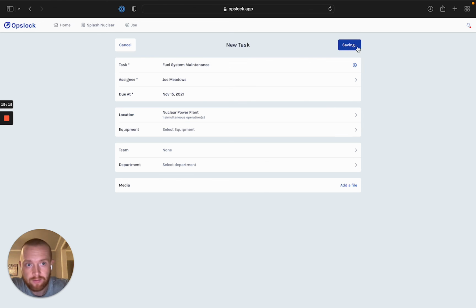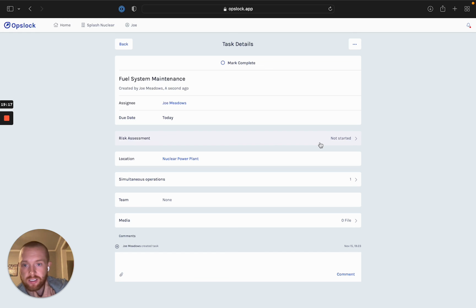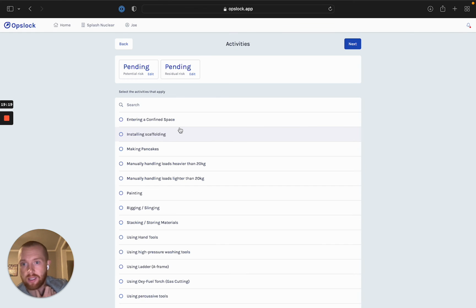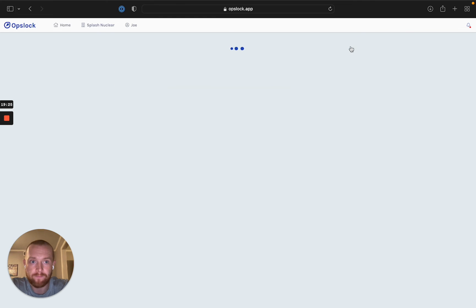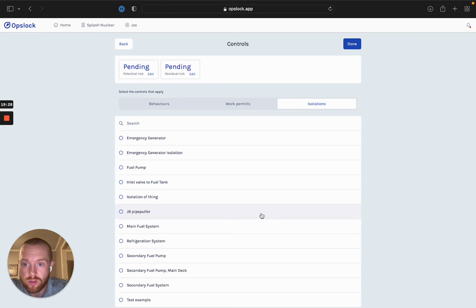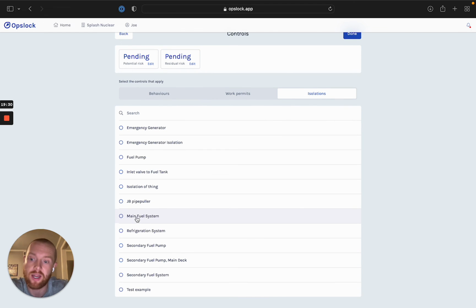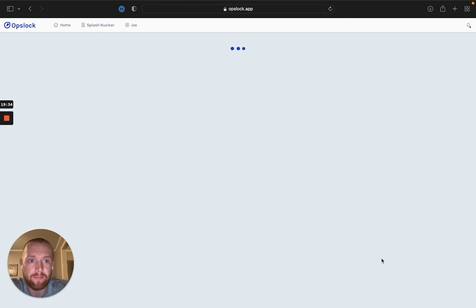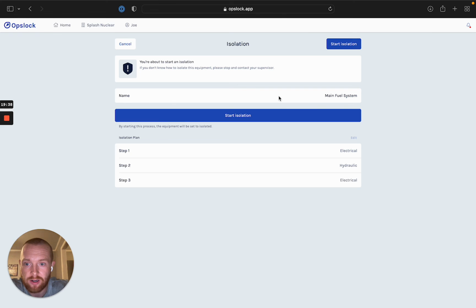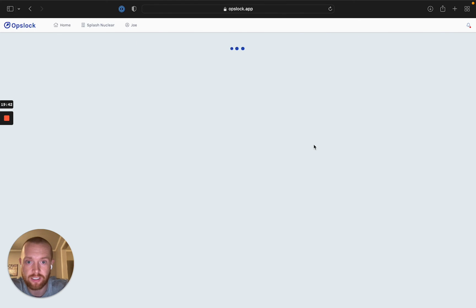create our task, and then when we go through our risk assessment process for our task, and we get to that final step, so I'll just skip through here, where we're talking about controls, you'll see that main fuel system is now available as a control. So we've now added that, and you can see that when we get started, all those 3 steps are there. If we were to start this isolation